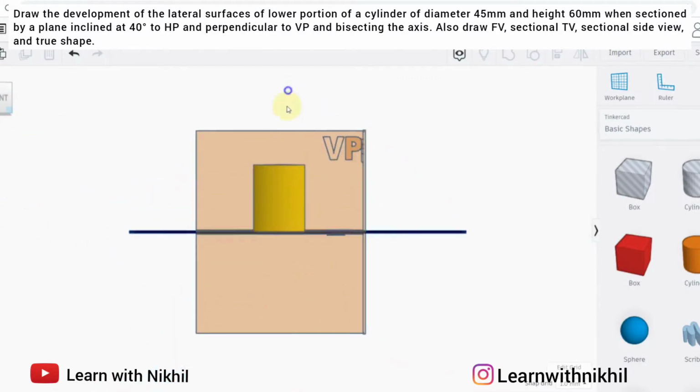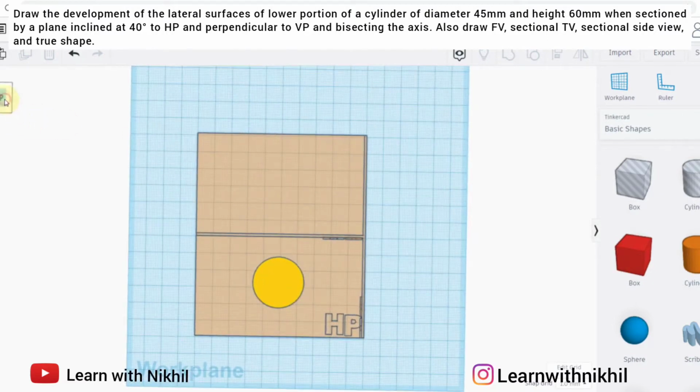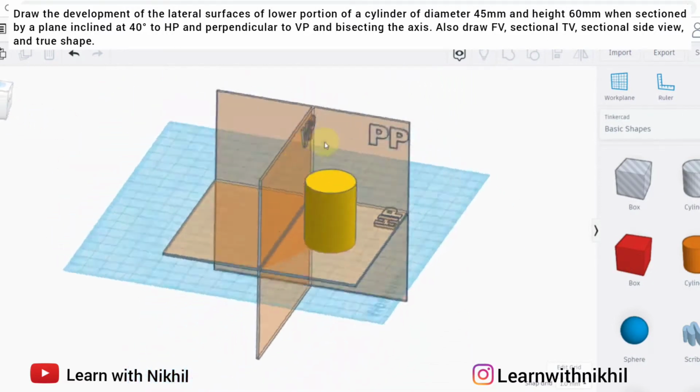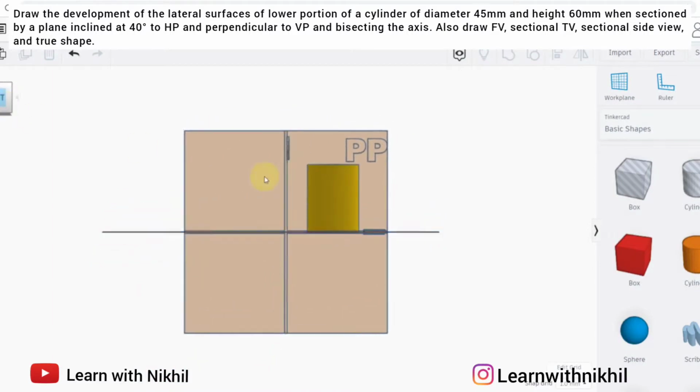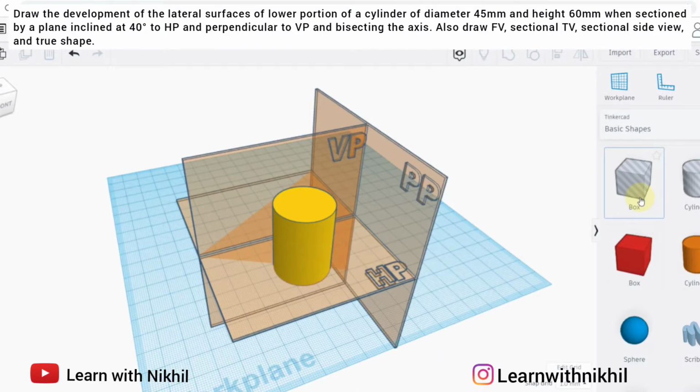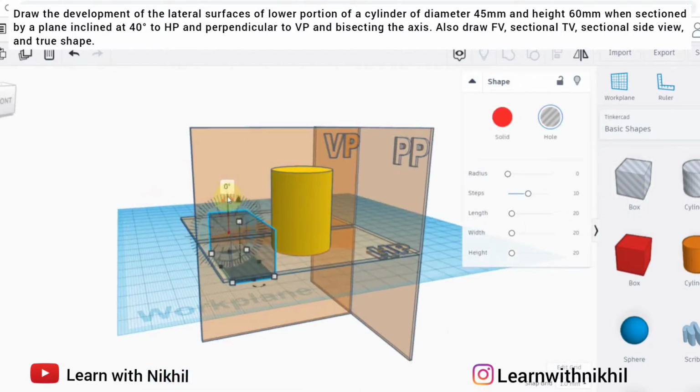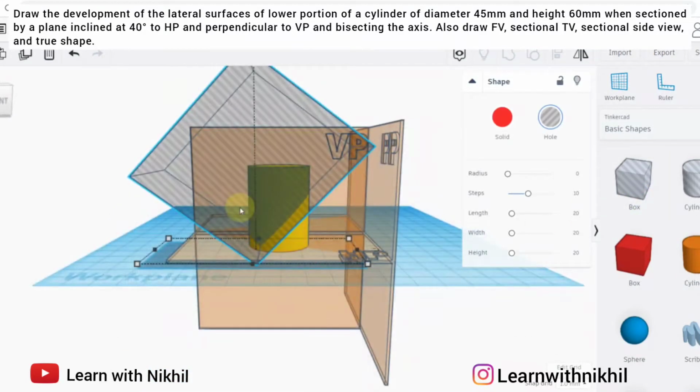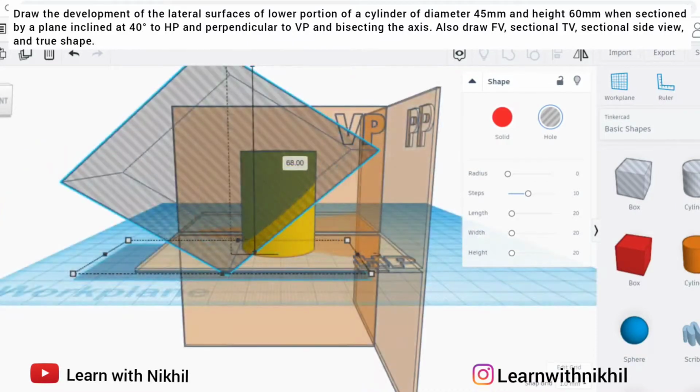So this is how its front view, this is the top view, a circle, and the side view in the profile plane will be a rectangle. Now further the question says it is cut at an angle of 40 degree and it is passing through the axis.